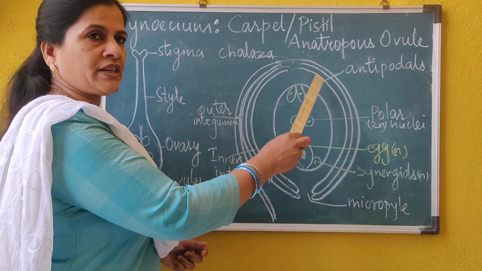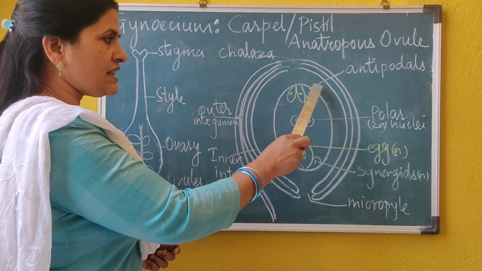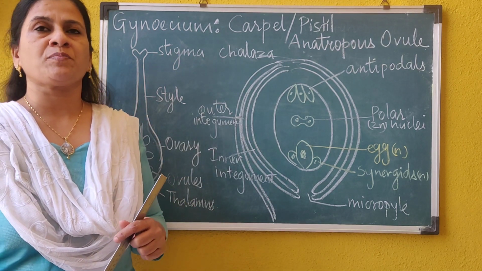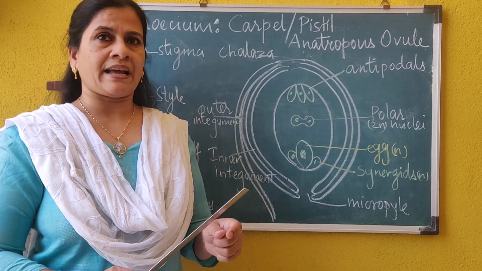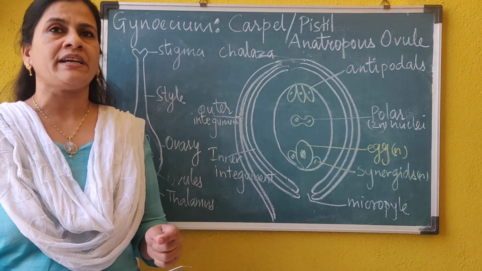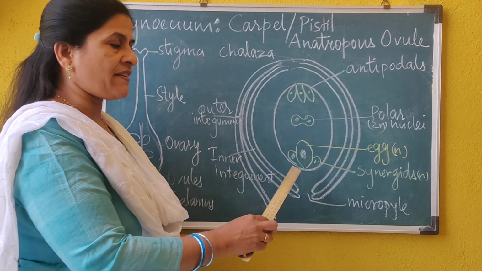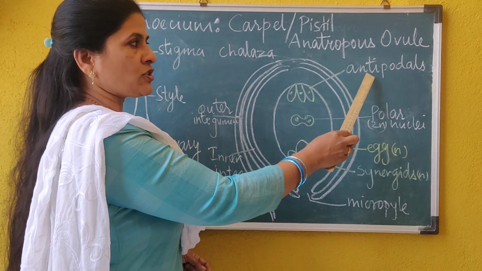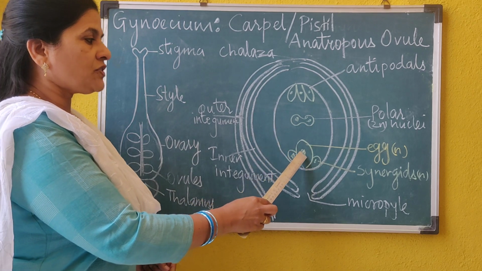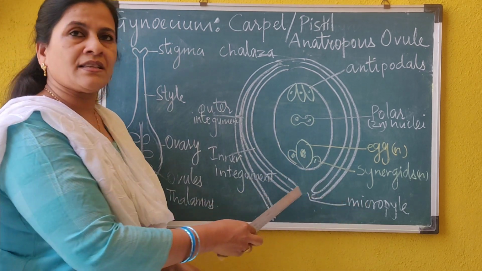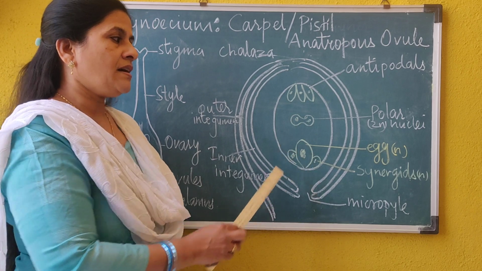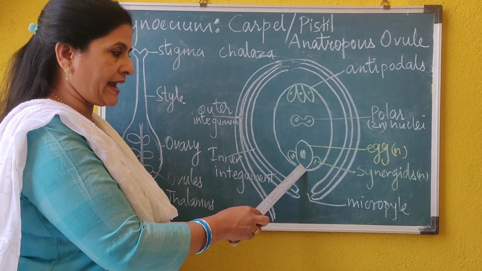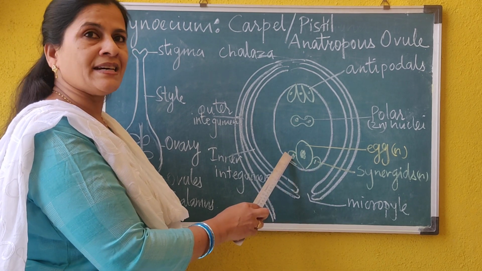The central portion is made up of nucellus, and within the nucellus there is an embryo sac. Embryo sac of angiosperm is a 7 cell and 8 nucleate structure. What are those 7 cells? 3 cells at the base, that is towards the chalazal end, are called as antipodals. 3 cells at the tip, that is near the micropyle, are called as egg apparatus. Now, egg apparatus is made up of a haploid egg surrounded by 2 synergids.